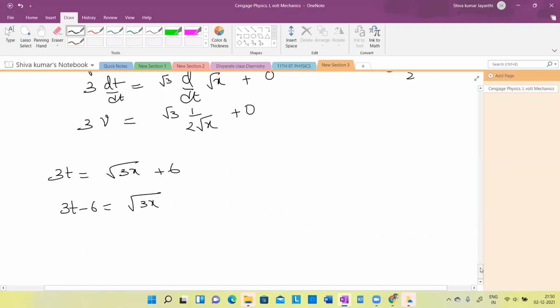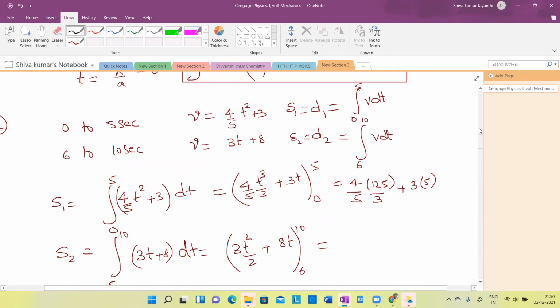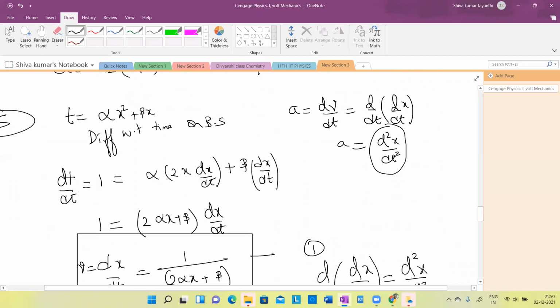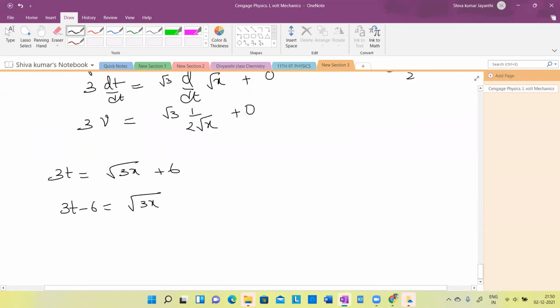Here once again. See, in the earlier numerical, why didn't I find x equal to something and do that? Because it has two x values. X square is also there, x is also there. It's a quadratic in x. Whereas in this equation, it's not a quadratic in x. It is simply x to the power of only half. So it is almost a linear equation. So that is the reason we need not do the way which we did earlier. Understand that? So that's why I did this, to make you understand.